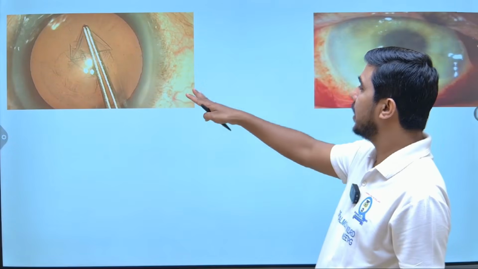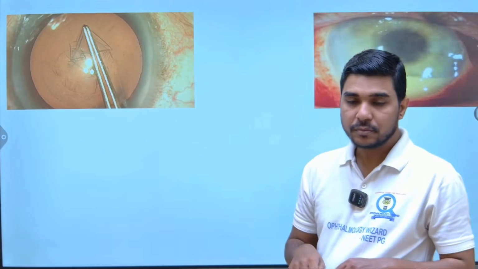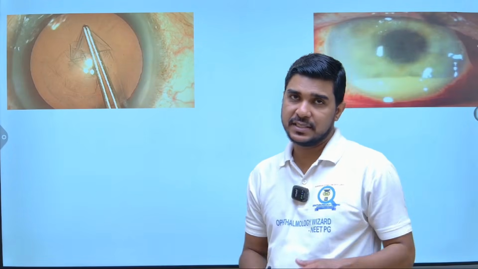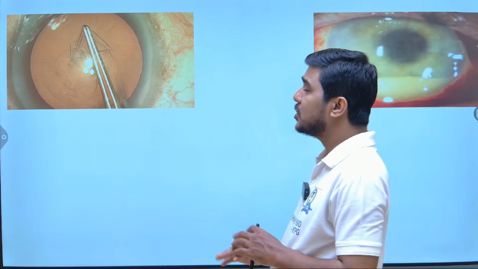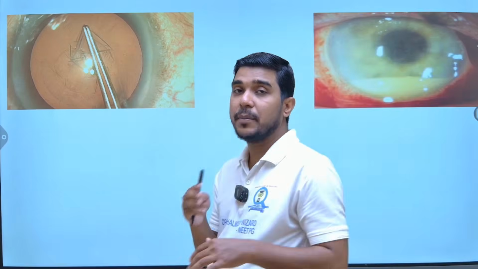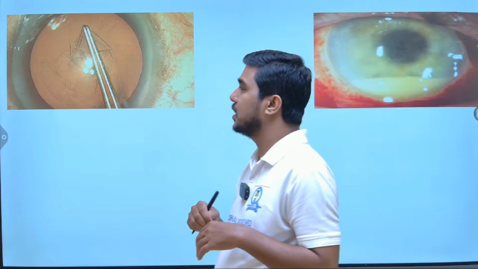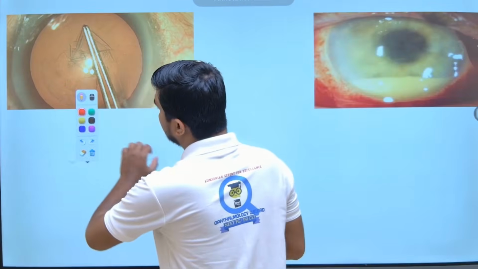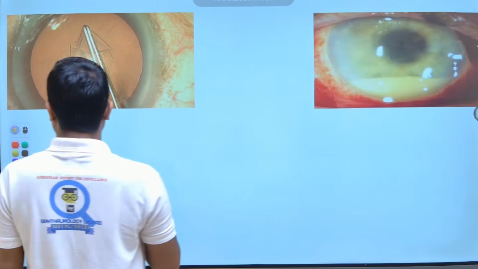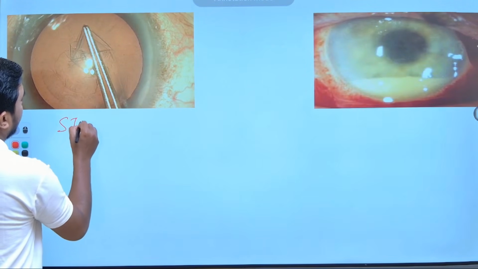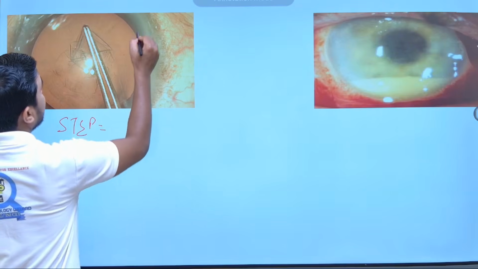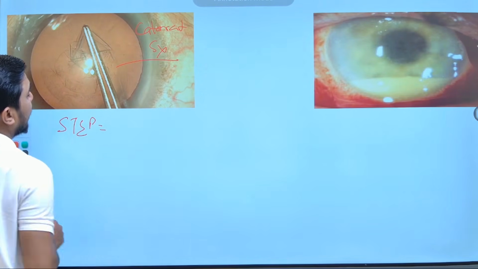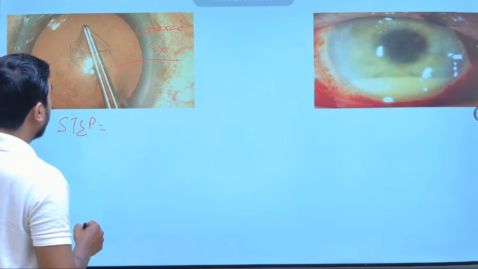Now coming to this very important image. What is this? This image is obviously an image where the surgeon is performing cataract surgery. Got it? So the surgeon is performing cataract surgery. They can ask you which step this is. Obviously this is a cataract surgery, but which step is it? The step is